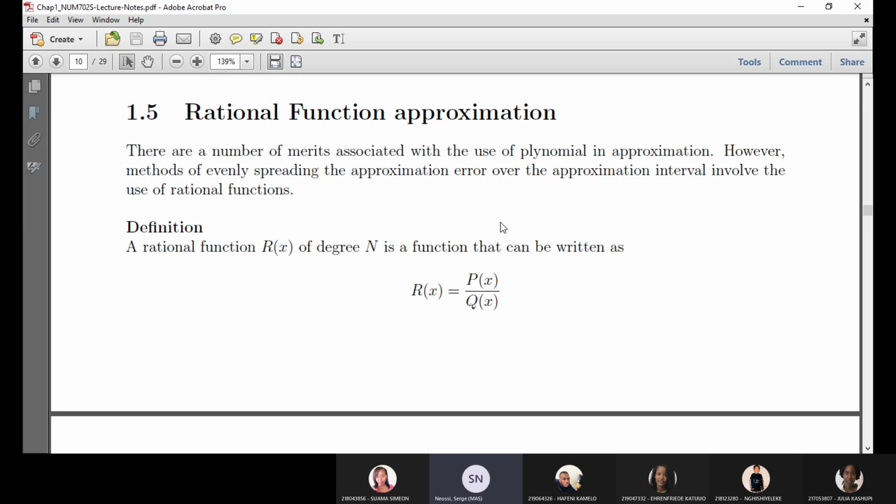So one way to mitigate that is to use a rational function approximation. Polynomials are easy to manipulate, as you know. There are many things that you can do with polynomials. But rational functions are